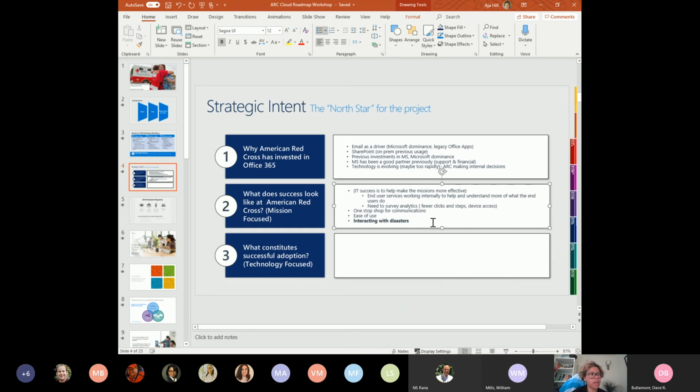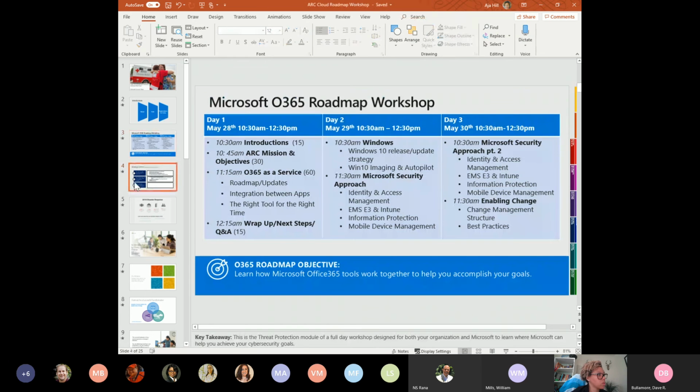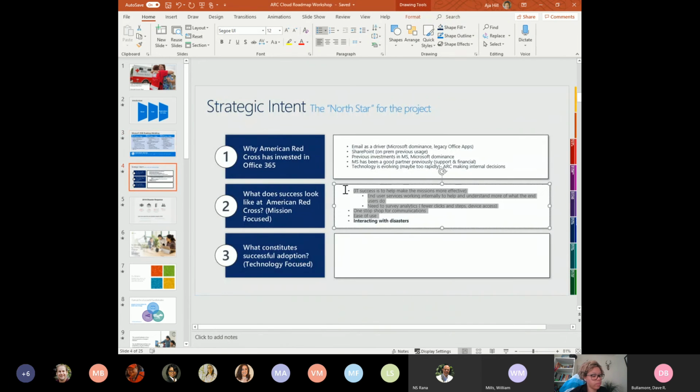For them, they've got to interact with disasters, and identifying what it is they need to accomplish and how you best serve them, like what you were just explaining, is how you'll possibly get to better success, understanding what it is that they need to do versus just saying, here is the tool that you'll use. Does that make sense, Karen? Yeah, that makes sense.